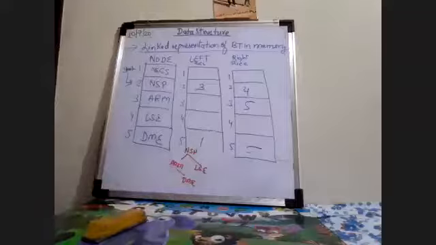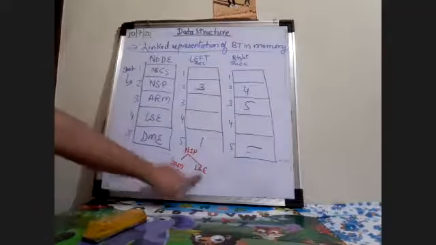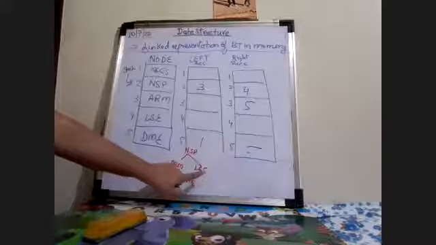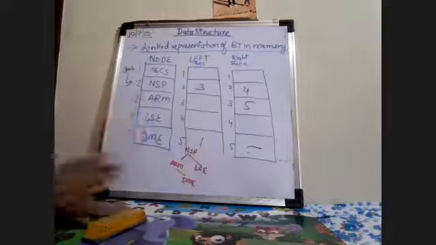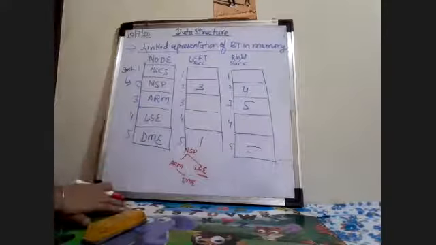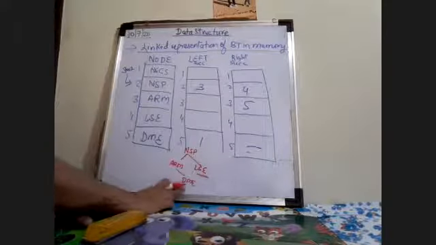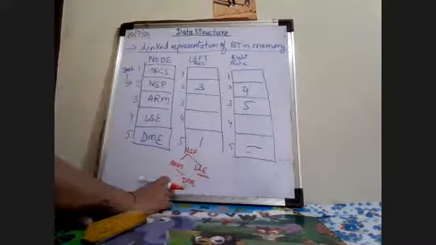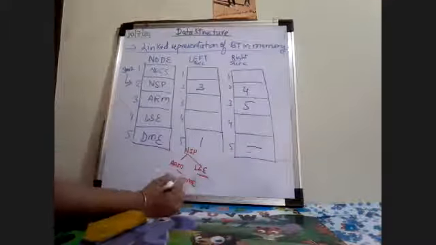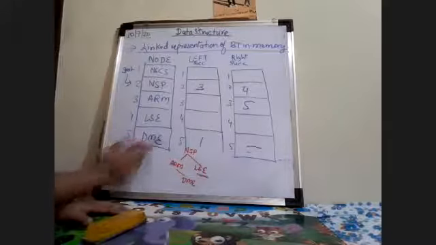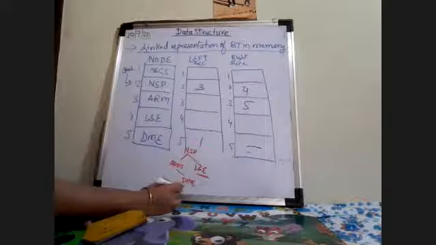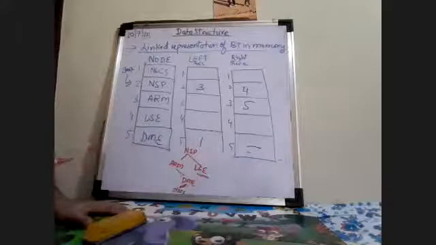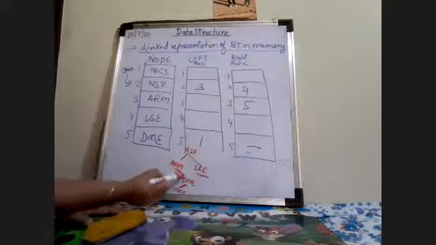DME. Okay, then I'll move to the right successor of NSP. It's LSC. LSC has nothing on left or right, so it is a terminal node. But still I have to watch out for DME, whether it has a left successor or right successor or not. So DME has a left successor, NSCS. See my lines, I'm properly drawing a left node. It shows that it is a left node and this is a right node.